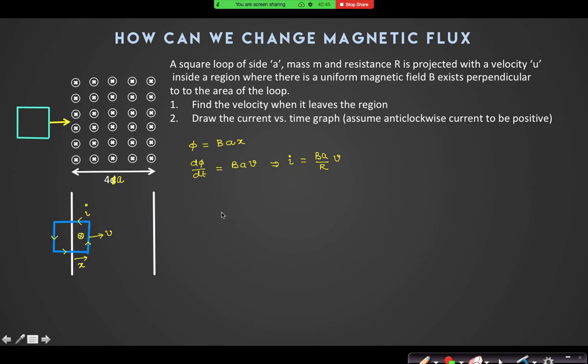Yes, sir. Now you can see that this particular conductor is inside the magnetic field, which is moving with a velocity v at this instant, and it is carrying current I. So what is the magnetic force on this conductor? It is I l into B, in this direction, opposite to its velocity. I a B.